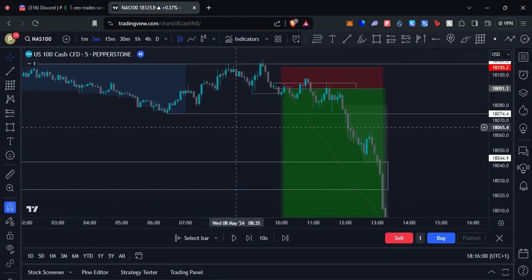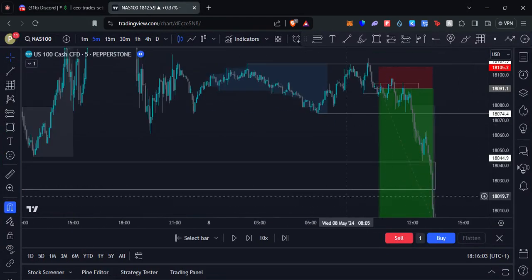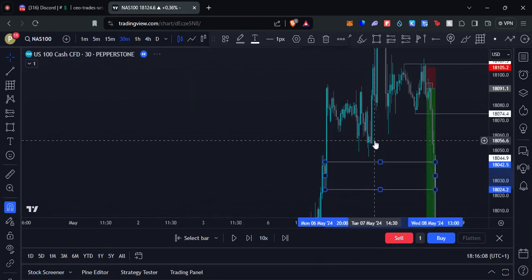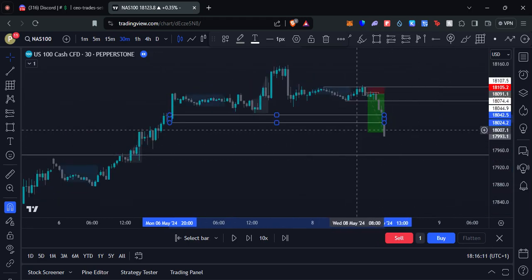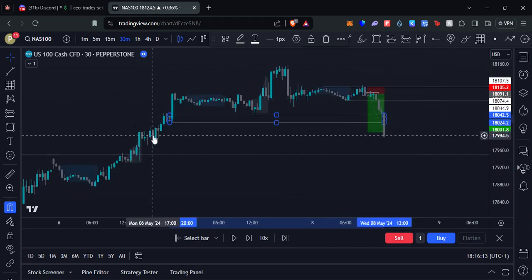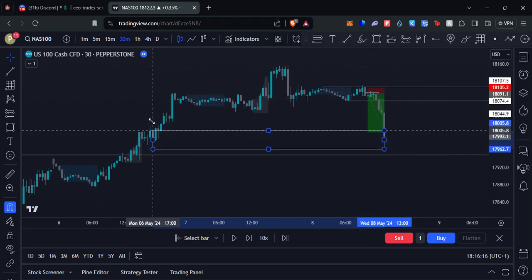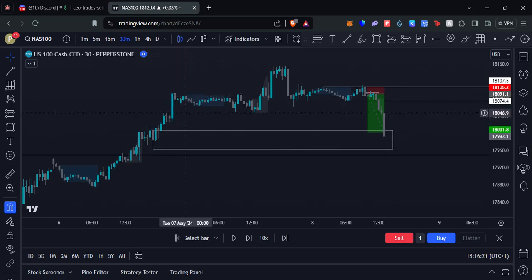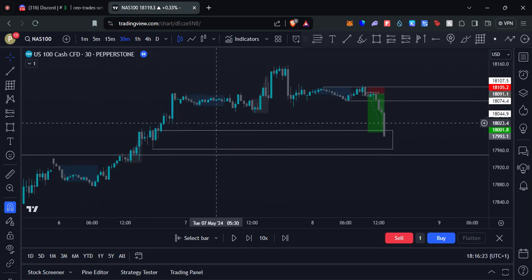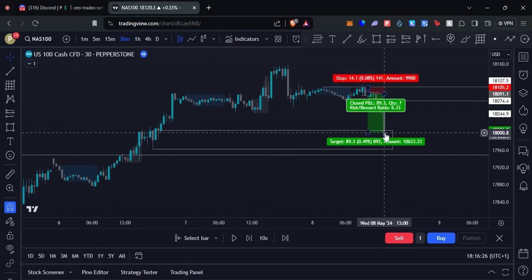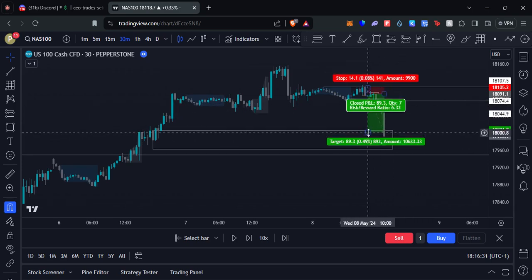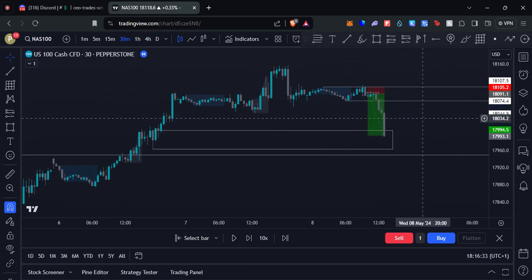Now, having said all of that though, we understood that price could definitely come to this order block, which it did. However, it blasted through. Therefore, if you were looking at the higher time frames, then you could see that another order block that we have sits right here, and this is one that took liquidity. And not only did it take liquidity, but it also caused this impulsive move out. Therefore, taking a look at what market structure is doing, this is a very high probable area where price can reverse from. Therefore, it would be super, super advisable to take profits, move break even, and manage your trade accordingly,